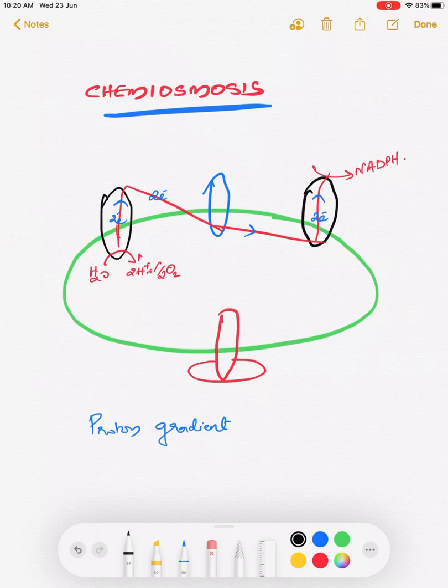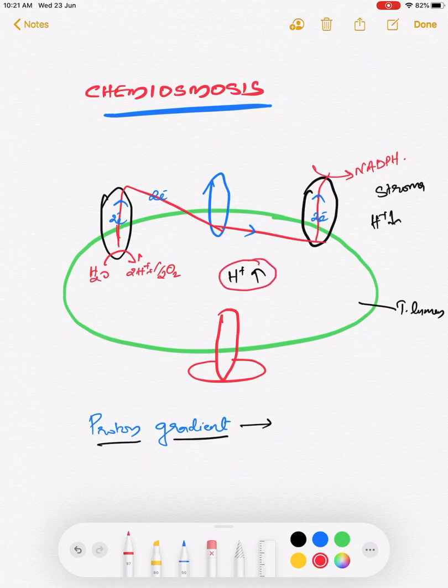In the previous session, we have seen the formation of a proton gradient during electron transport due to two oxidations and two reductions. That I have explained in detail in the last session. If you didn't watch it, please watch that video. That means, during this process of electron transport, concentration of H plus ions within the thylakoid lumen increases, and concentration of H plus ions in stroma, this side is stroma, decreases. This difference in concentration of H plus ion on either side of the thylakoid membrane is called proton gradient.